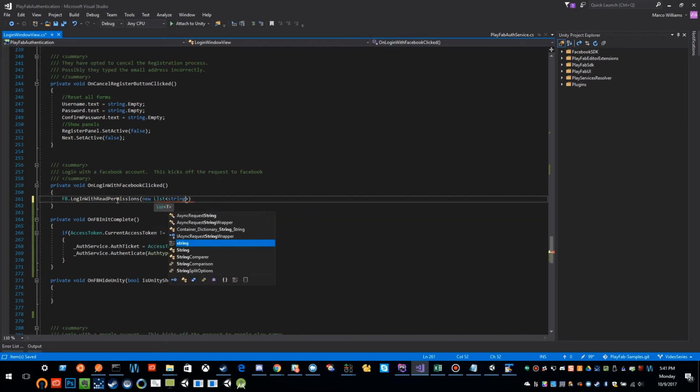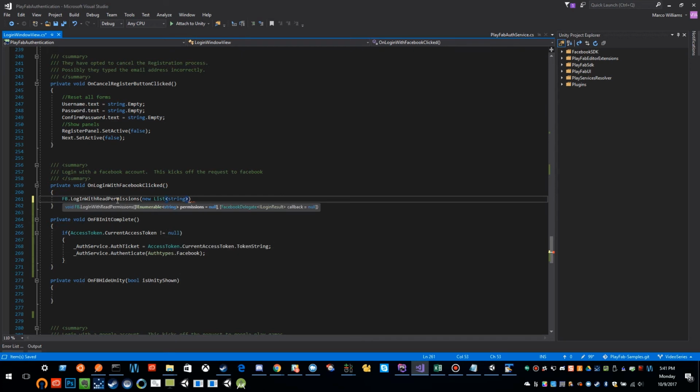List, and it takes a list of strings of things that you have access to. Right now, I'm just going to say public profile. I'm going to say that we want access to email, and I'm going to say that we want access to the user's friends. And then we need a callback. So when this is successful, on handle Facebook result,